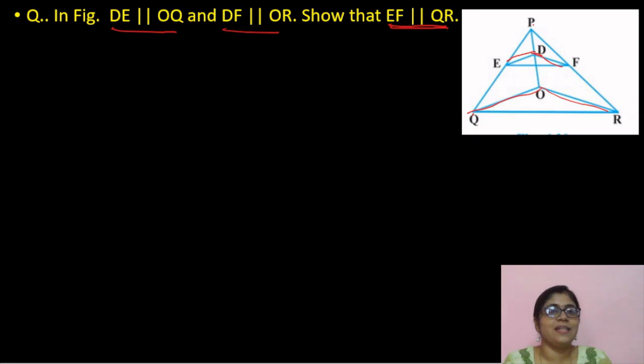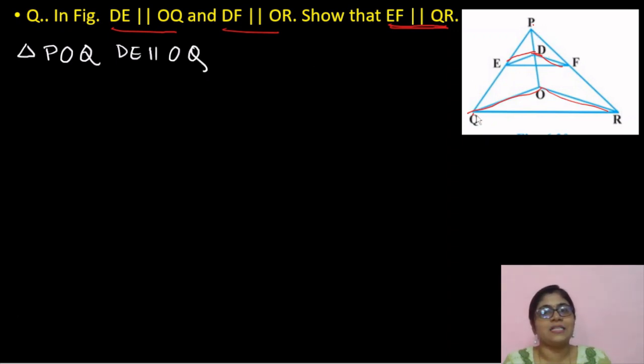So let's consider triangle PQO. In triangle POQ, here DE is parallel to OQ. So as DE is parallel to OQ, we can say that this implies PE by EQ equals